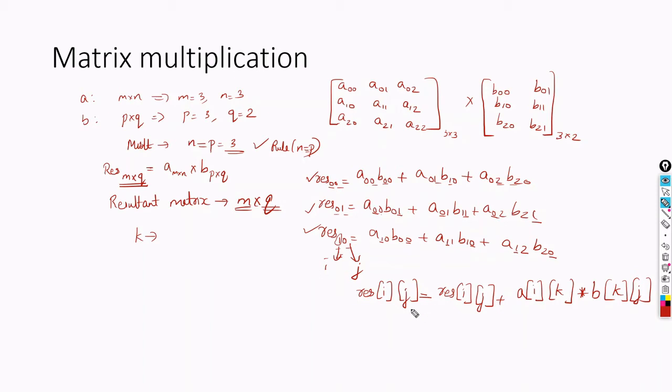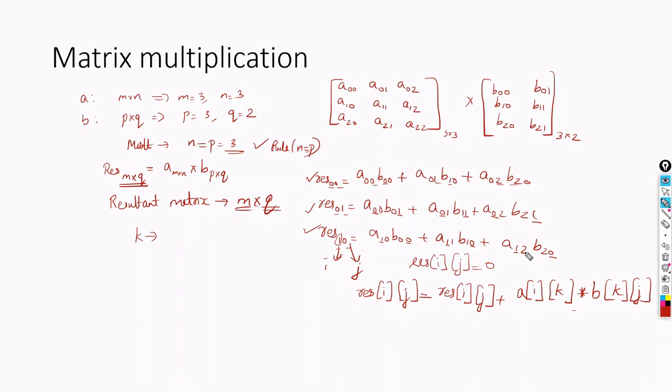So how did you get this step? If you have any doubt, do a matrix multiplication by yourself and compare each and every element. From this example, it will be clear how we proceeded to this step. And res ij, in each case, is the value updated by the sum of various products. It should be initialized to 0, as we do in all cases. Whenever you define a variable for adding something, the value should be initialized to 0. Then only you will get the correct value.